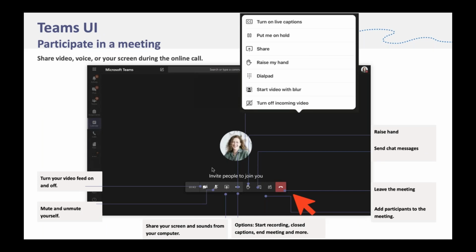Here are some of the features while you're on a call. You can turn your video feed on or off. So just like we did there, you could see our lovely faces and then we put them off very quickly. You can mute yourself, you can share your screen, you can record the meeting so that it can be reviewed and watched even after you've done your live recording or meeting. And that's really handy for consolidation and that flipped kind of problem-based learning.